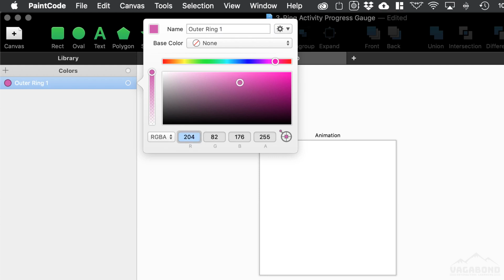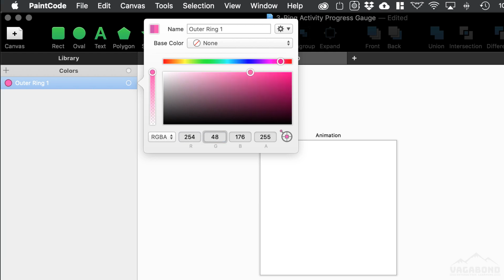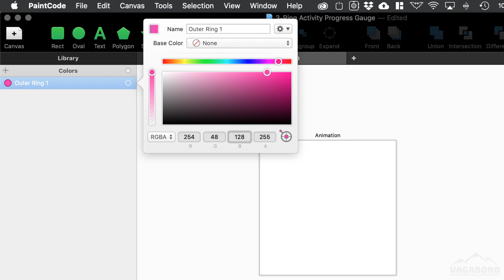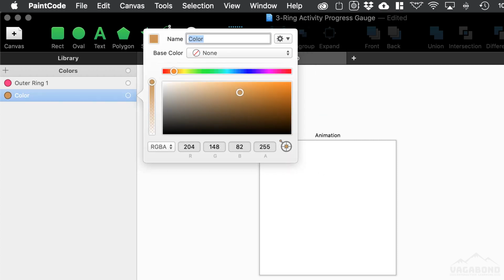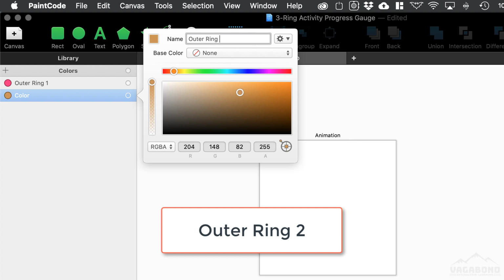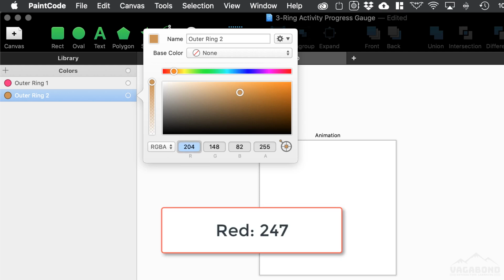Now enter the following color values: red value of 254, green value of 48, blue value of 128, and the alpha value of 255. Our progress rings will actually be a gradient of 2 colors. So let's create the second color of our outer ring gradient color. Once again, press the small plus symbol in the color library. Enter the name of outer ring 2 and select the RGBA color mode. Now enter the following color values: red value of 247, green value of 37, blue value of 103, and the